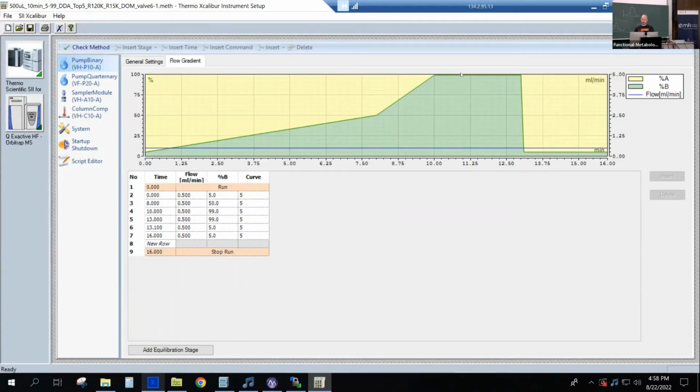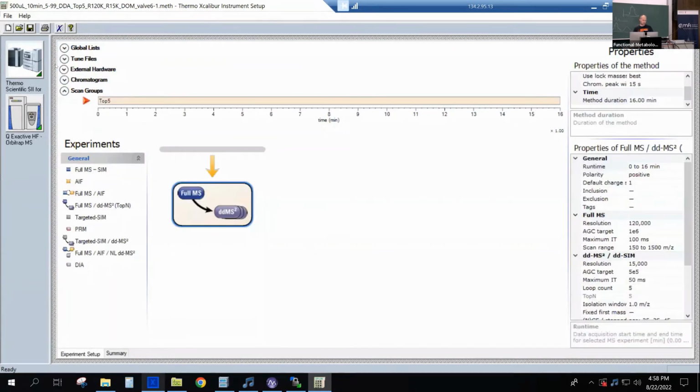We have a 2.5-minute washout phase at 99% acetonitrile at the end, and then also 2.5 minutes of re-equilibration to bring the system back to our initial condition. Okay, that's pretty straightforward. Not so much of a change, but as soon as I go to mass